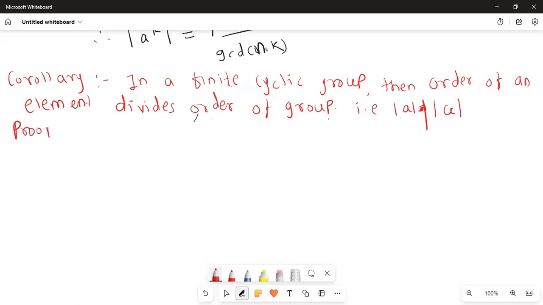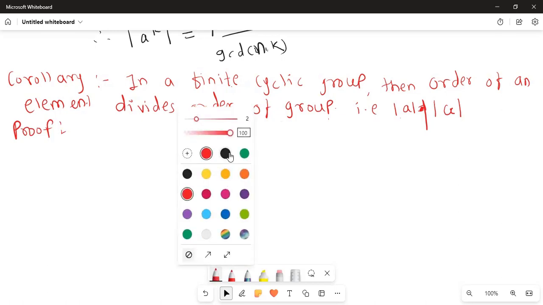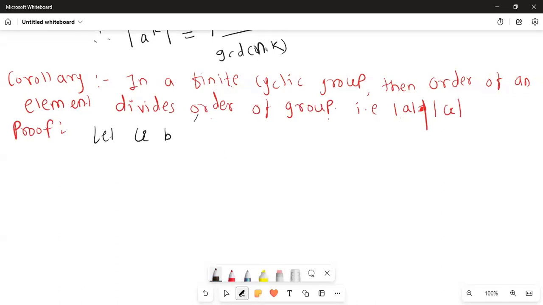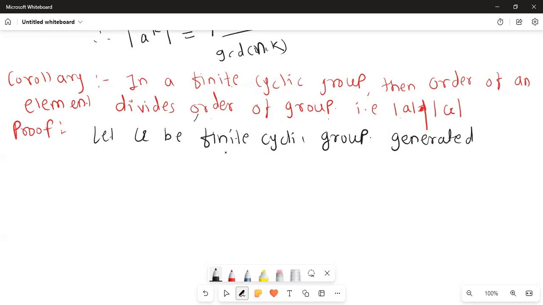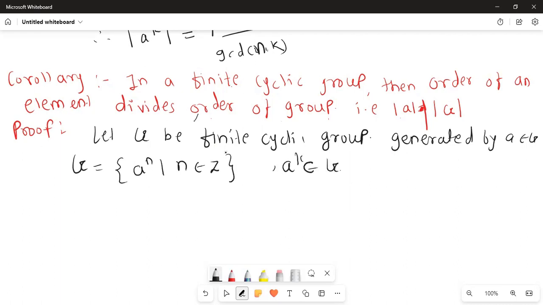तो प्रूफ में देखो, let G be a finite cyclic group generated by A, A belongs to G. Then G is equal to A raised to n, n belongs to Z, A raised to k belongs to G. Then